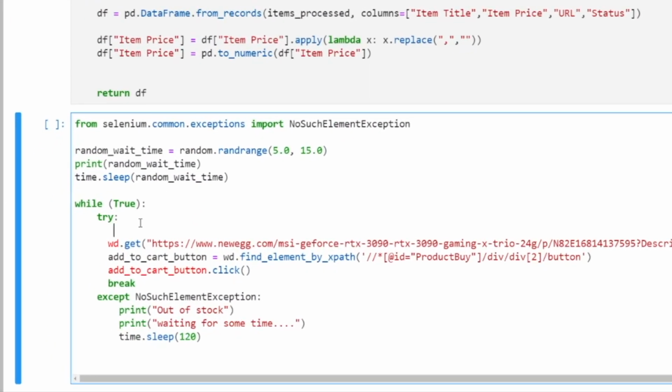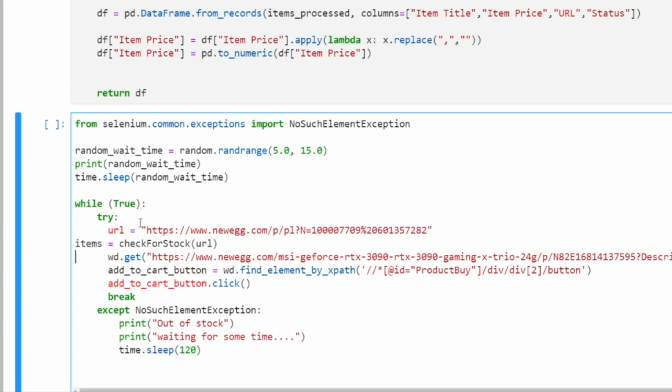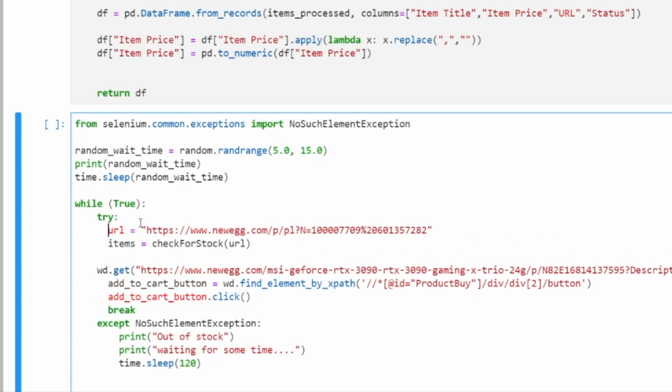So inside the while loop, I'm going to have a query. I'm going to be checking for the stock in this listing page. I could have more than one, by the way. If I have more than one URL, I can also do that. You can just do a for loop inside for each URL. But I've combined everything into one. In fact, you can change this method as well to take a list of URLs, and then it gives you a list of all the items for all the URLs at the same time, so it's easier to handle. But for now, I'm just doing it with one listing page, but it's very easy to extend it.